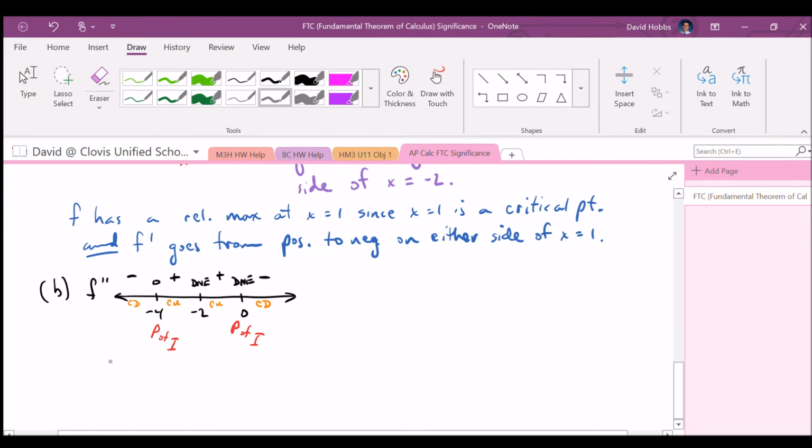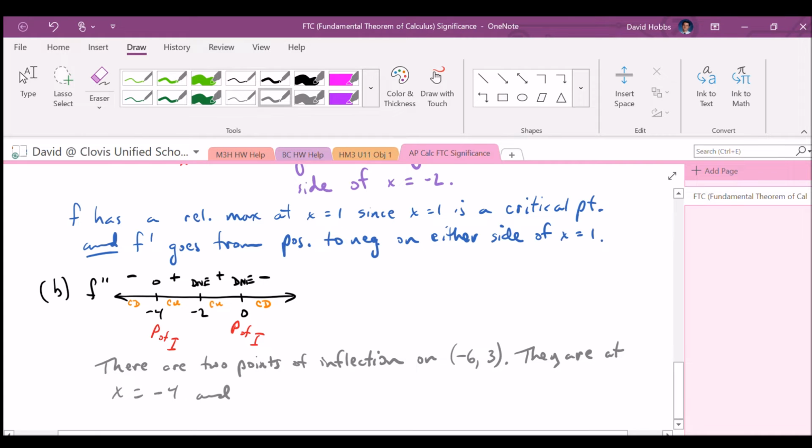There are 2 points of inflection on the open interval from -6 to 3. They are at x equals -4 and x equals 0